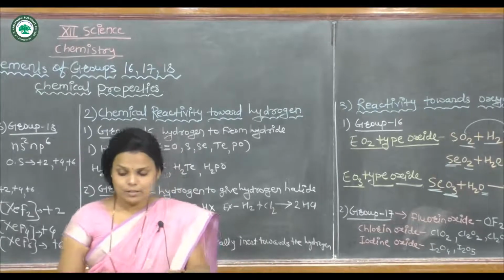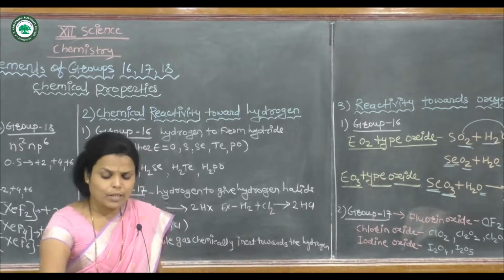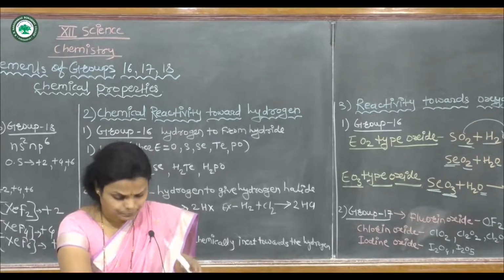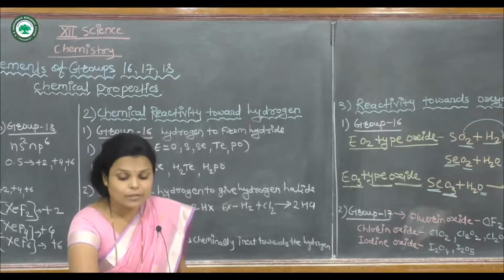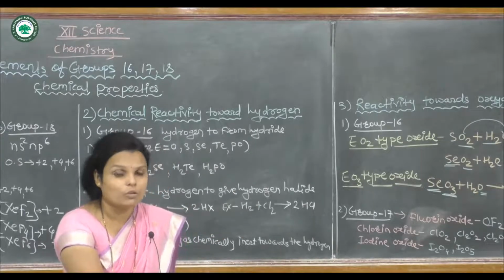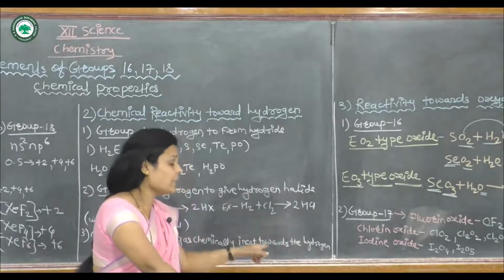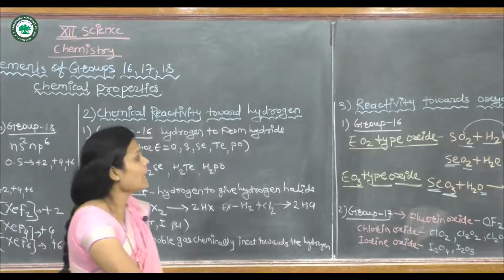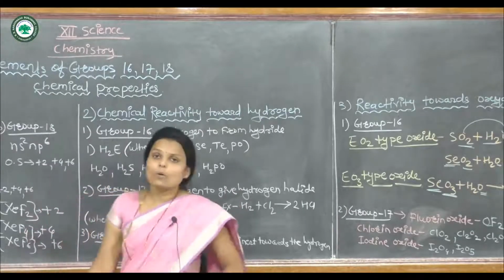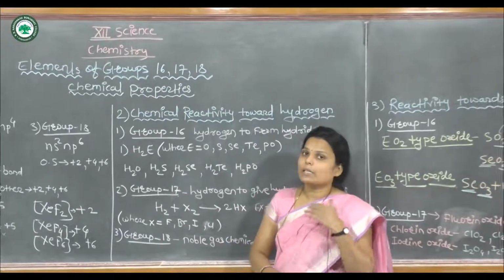The group 18 elements are chemically inert, and krypton and xenon, however, do not react directly with the oxygen atom, and that's why there is no reaction. Write this down. This is the reactivity towards the oxygen atom. All of these three chemical properties, and the remaining 3 chemical properties we will discuss in the next lecture.